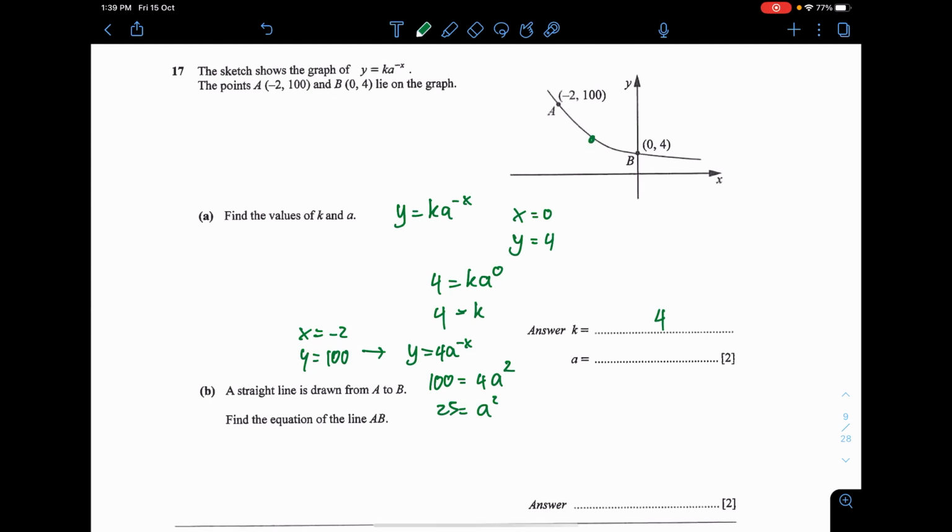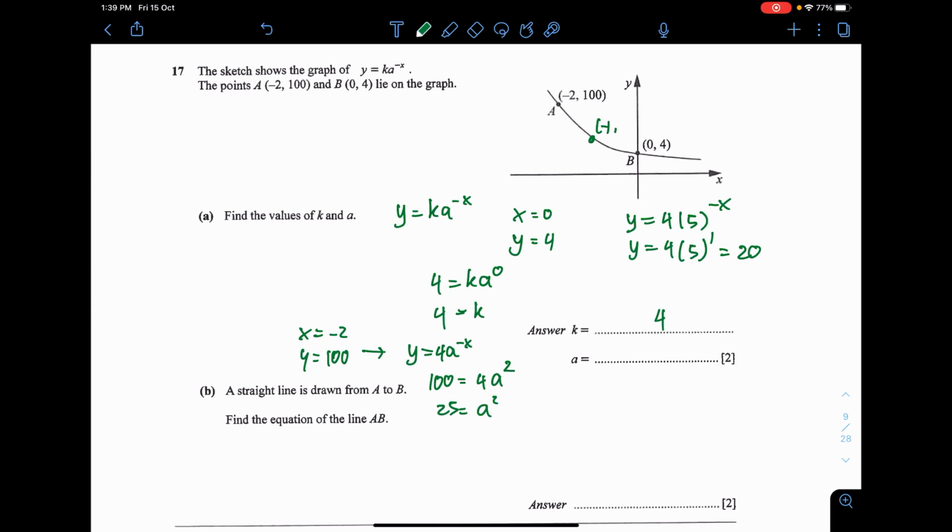That is a bit hard to say. But let me think: when x equals negative 1, your y will be a positive number. I have no idea what y is, maybe 50, maybe 20. So if I have my answer as y equals 4 times a, let's say a is positive 5, to the power of negative x, and I put x equals negative 1, I'm going to get 4 times 5 to the power of 1, which is actually 20.